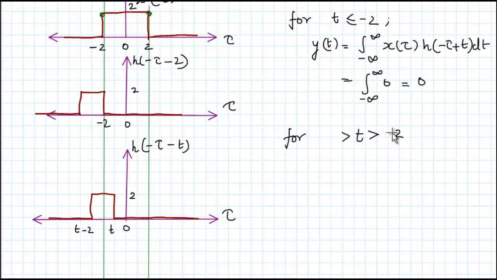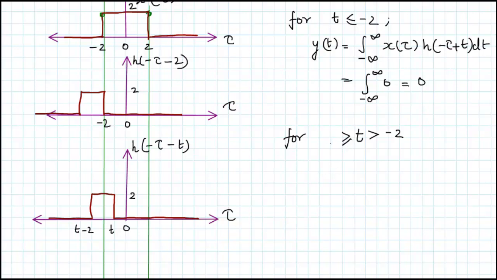T is greater than -2, but it is less than how much? Until this back portion comes and meets the axis. So when will this back portion come and meet the axis? It will meet the axis when t is equal to 0. That means when this signal has reached almost 0. So up to 0, so less than or equal to,